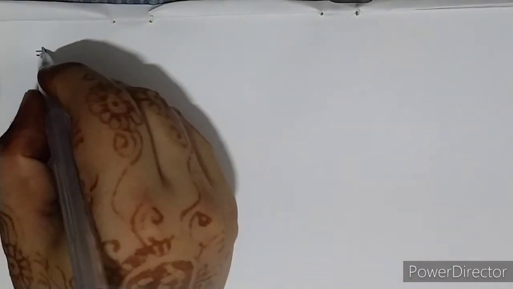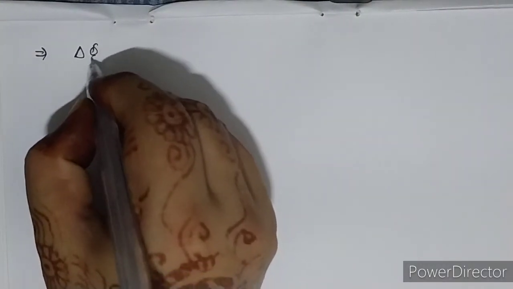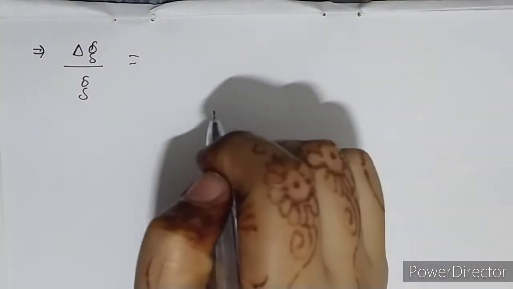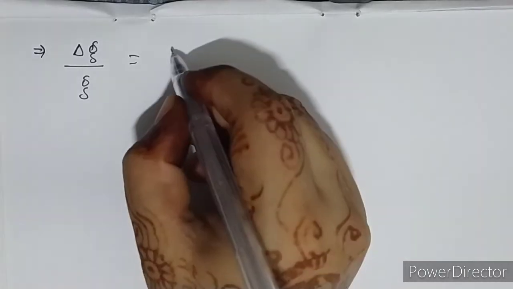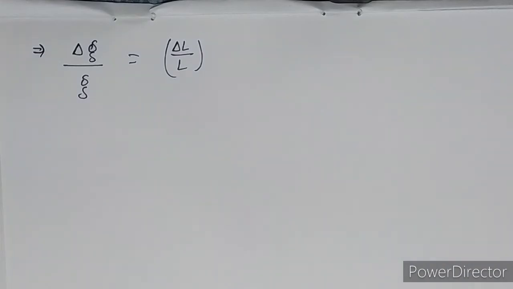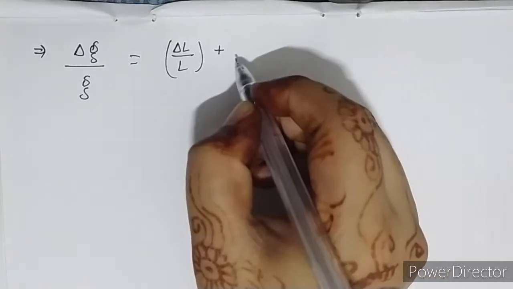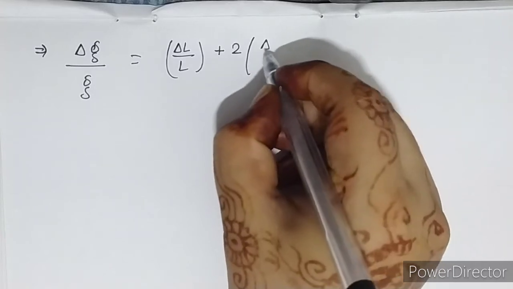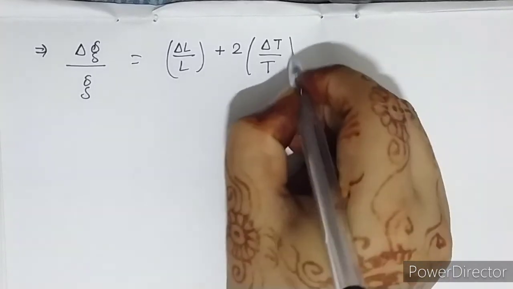Okay, so in this, what was it? Delta G upon G is equal to 4 pi square L upon T square. So 4 pi is a numerical value. We don't take the use of that value. So the L is the delta L upon L, upon T square. So we have to apply the formula of raised to a power. So it will be plus 2, T square. So 2 is the power. So it will come in front in the multiply form, and it will be delta T upon T.